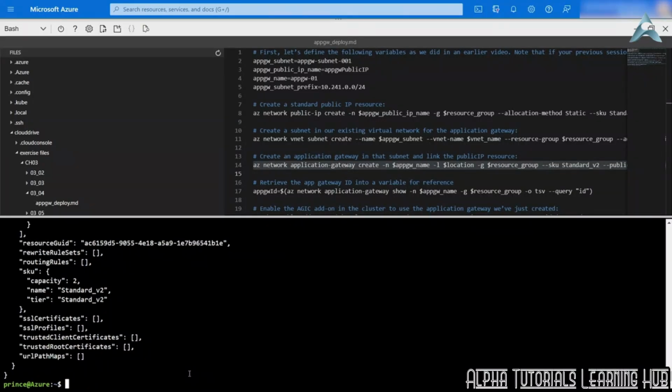Now that the deployment is completed, we need to retrieve the app gateway ID into a variable so that we can reference that when enabling the ingress controller add-on in the AKS cluster. So let's copy the commands to retrieve the ID